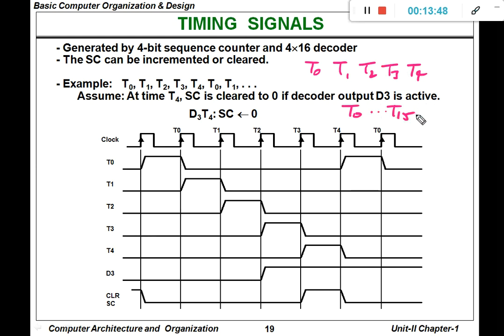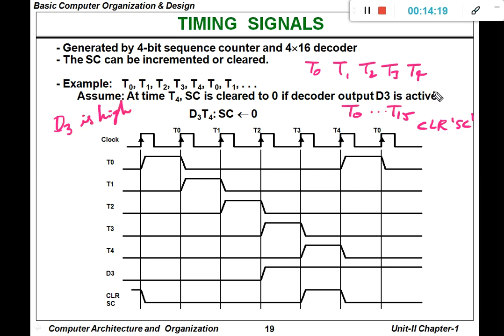However, we are making a condition that after T4, we are going to perform the clear sequence counter. We are going to perform this particular operation whenever the value of D3 is high.